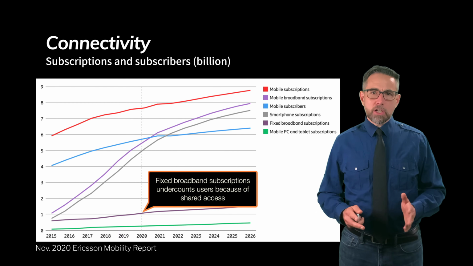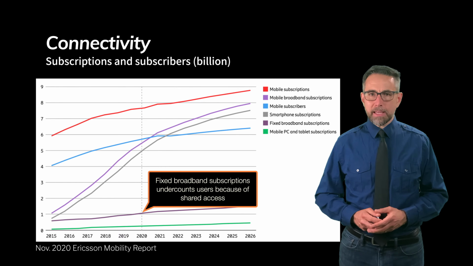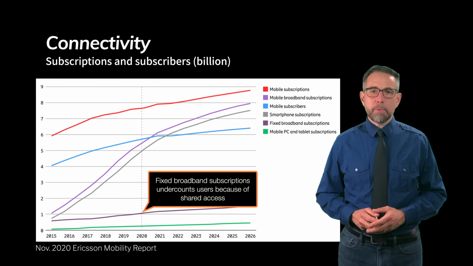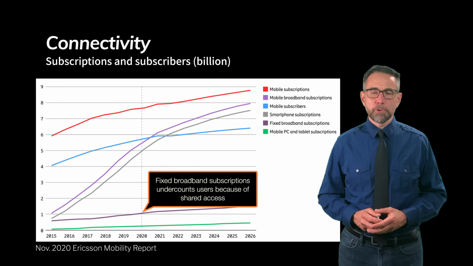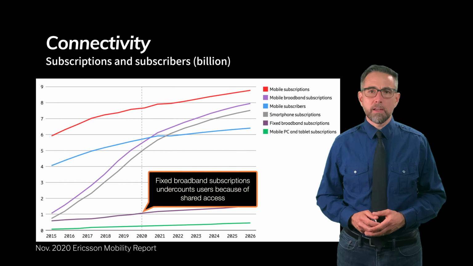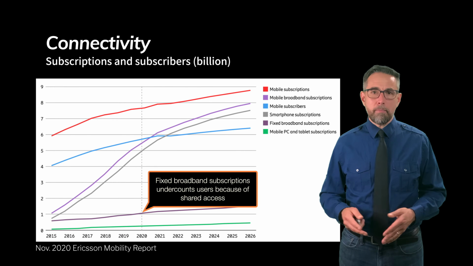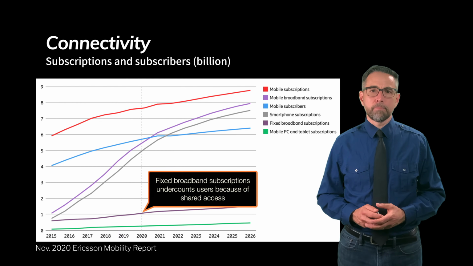Now, a couple things to notice about this data. First, when you count the number of fixed broadband subscriptions, that's certainly going to be an undercount, because in any fixed broadband situation, it is more than likely that multiple people are using that location. Maybe a fixed access point at a coffee shop, for example, could have hundreds of people, or a fixed location in a home that maybe has 2 or 4 or 5 users at one time.